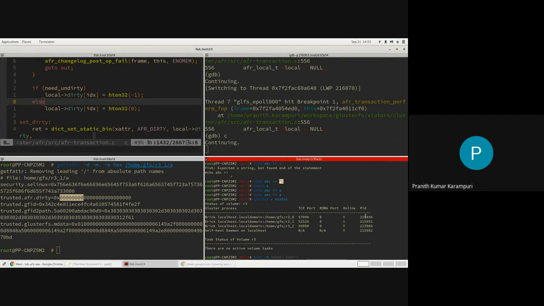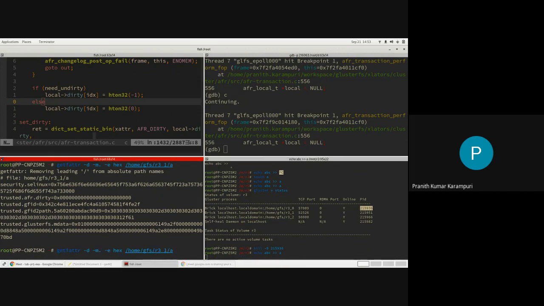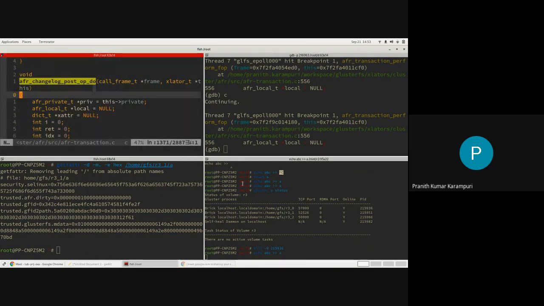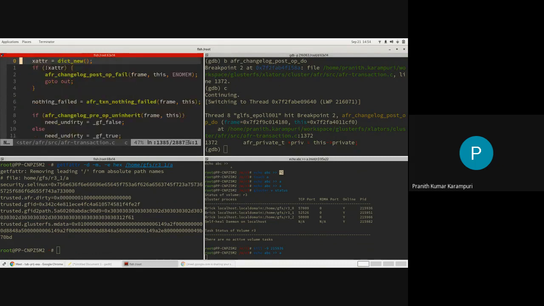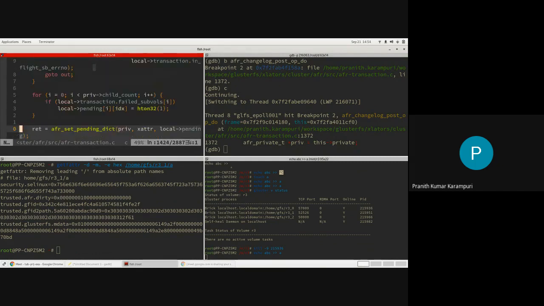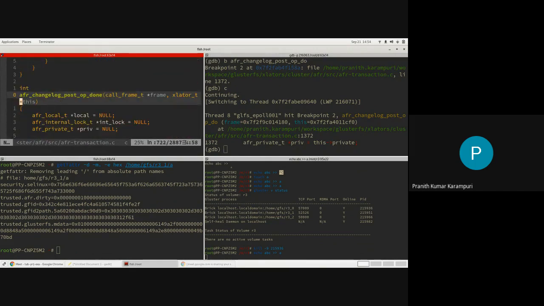If we kill this PID, okay. So now you will see it's the same thing, right? Dirty marking has happened. Now we'll put a breakpoint here. So your operation has completed. Now what will happen is changelog post-op done.